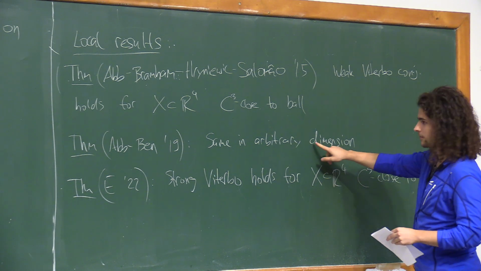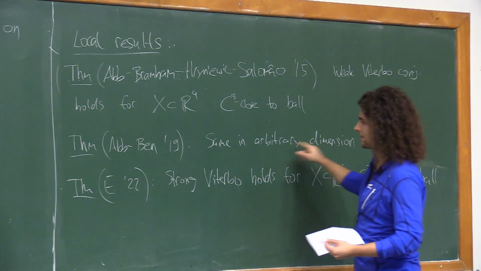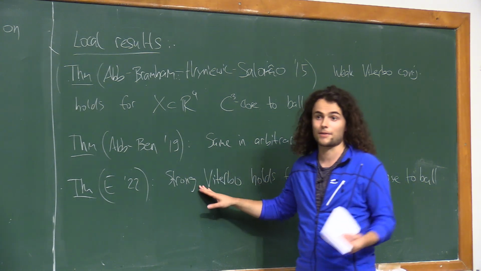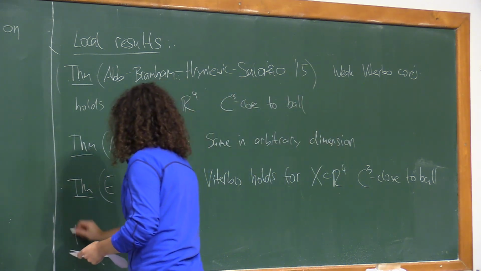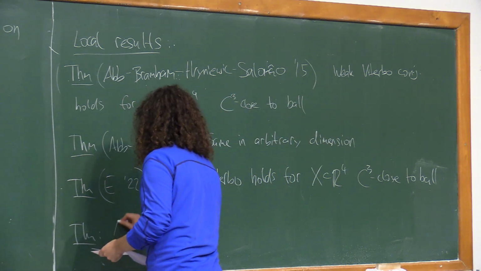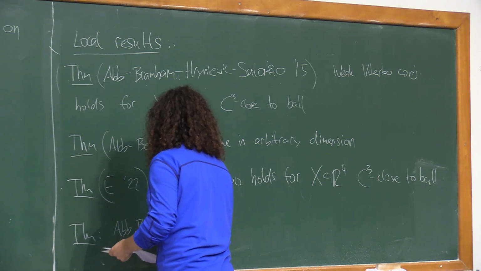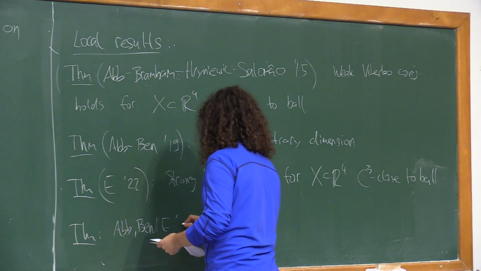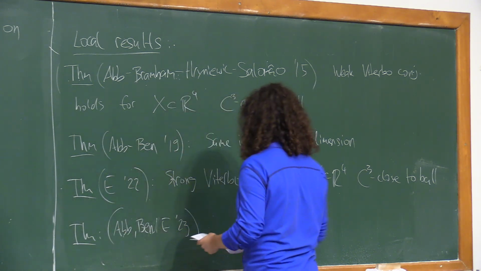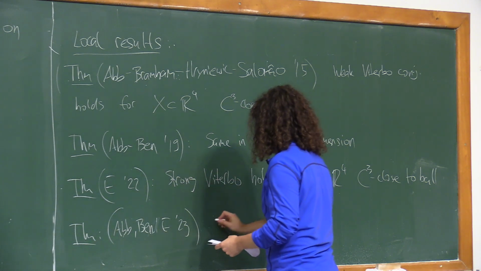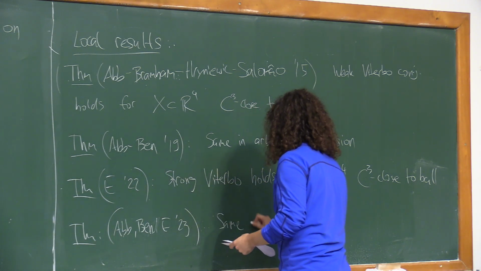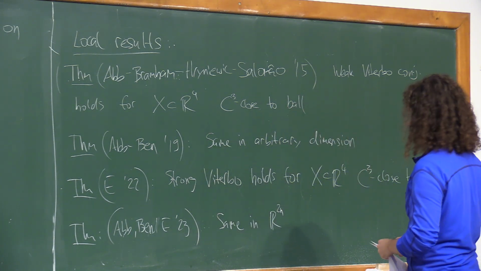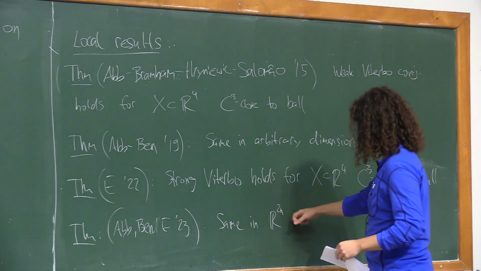And then in view of this result here, it's very natural to ask, can you kind of combine these two works and get the thing in arbitrary dimension? And that's the main result of today. So the result is, joint with Benedetti and myself, that actually the same holds in arbitrary dimension, the same in arbitrary R^2n. Okay, that's the main result I want to talk about today.